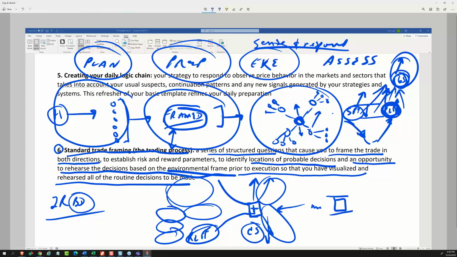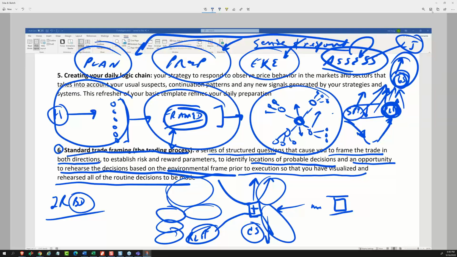Frame the trade, trade the frame. And then when I'm done, I can assess how well I planned. How well did I prepare? How well did I execute? And then how well did I conduct my assessment? And live to fight another day. And that's why step number 0 in this process was the learning journal. That's where all of this stuff goes so that I can sustain, improve, and act according to my priorities and my updated task list. So you can see how these things build upon each other.